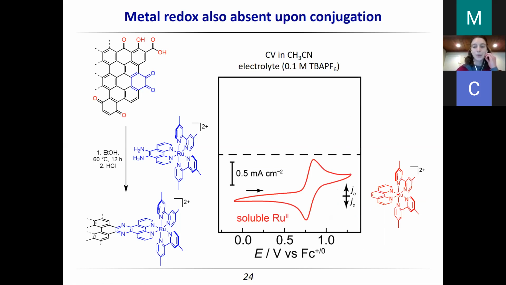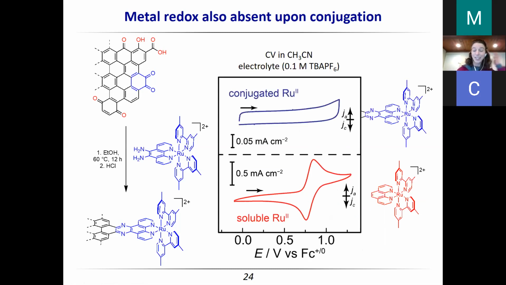So now let's look at the electrochemistry of this system. At the bottom here, what I'm showing you is the beautiful reversible ruthenium 2/3 wave. So, a classic cyclic voltammogram duck shape at 0.9 volts. But then when I take CVs of the conjugated system, I don't get any redox features. So this was a little bit more surprising than just not seeing redox features for phenazine attached to an electrode. We didn't simply extend the electrode by 2 aromatic rings. We added this entire ruthenium molecule here, and we're seeing nothing. So that was interesting.